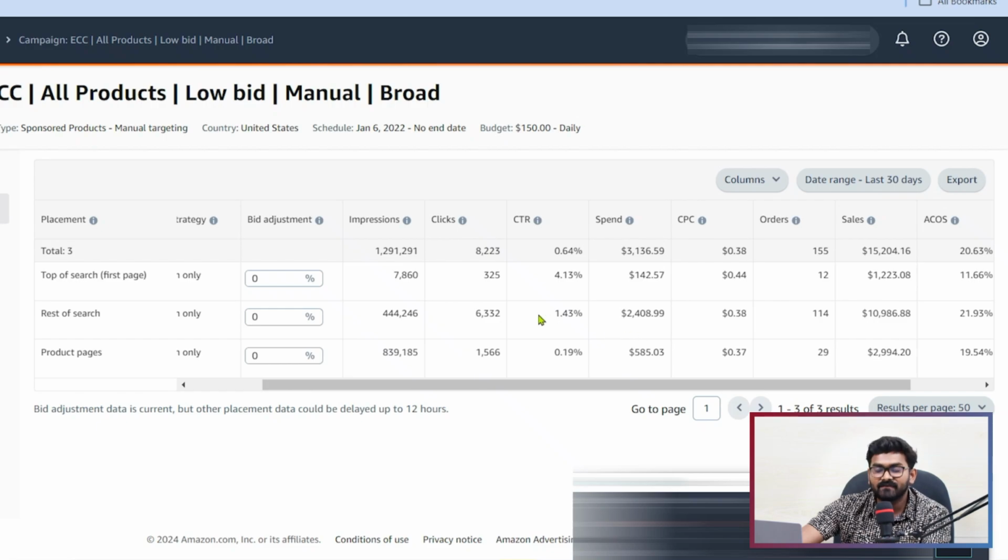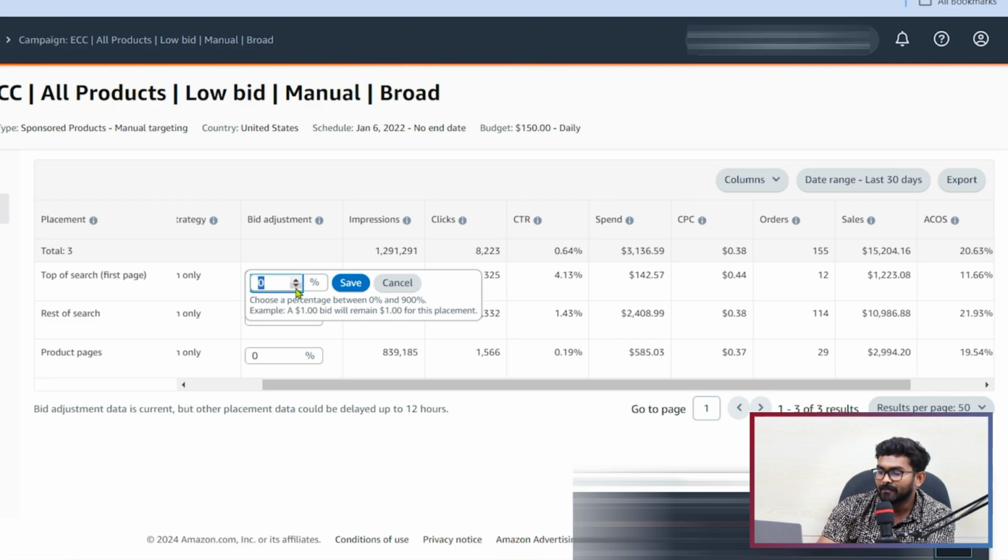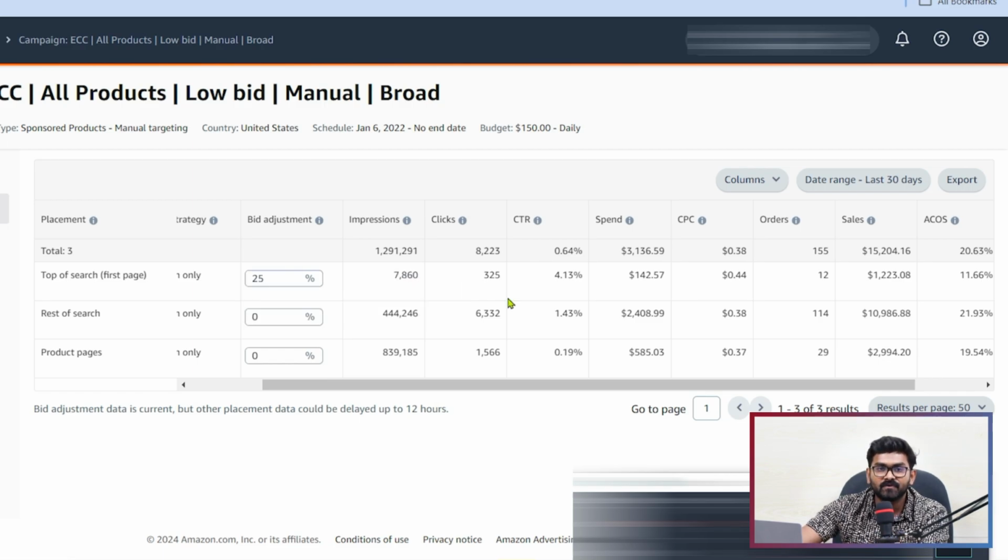In that case, I would definitely try to optimize my ads on top of search first page, so I can use some percentage on top of search. For example, let's try 25% for now. And then I can check the progress for a few days and adjust the placement based on the performance. Another one is rest of search.